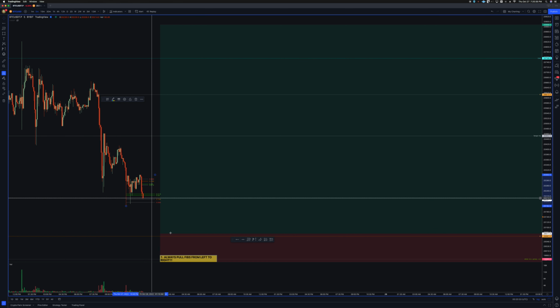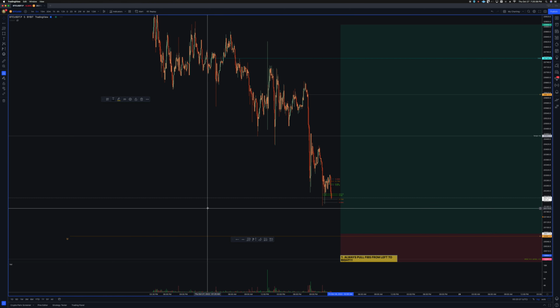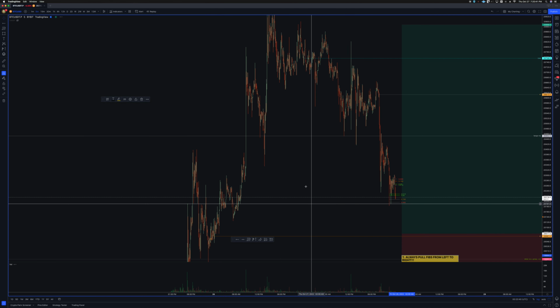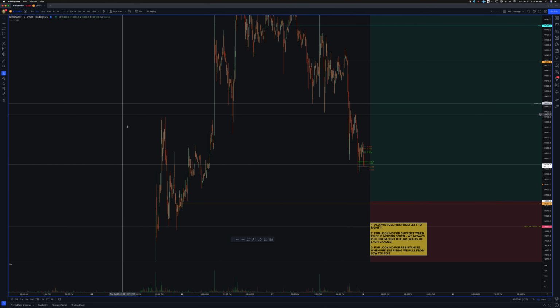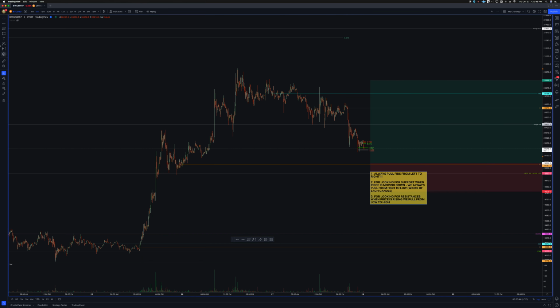If we lose this 886, that's curtains. At least short term, we have to go and pull our fib further and find where that next fib level is. That's why I don't like doing those scalps that low. And personally,